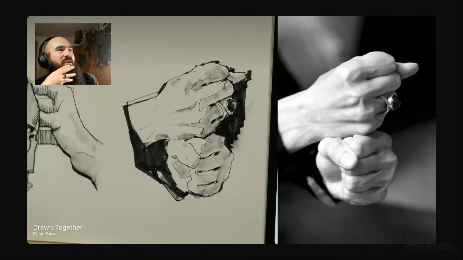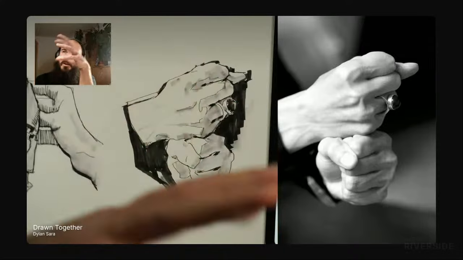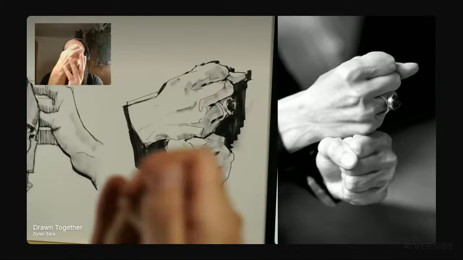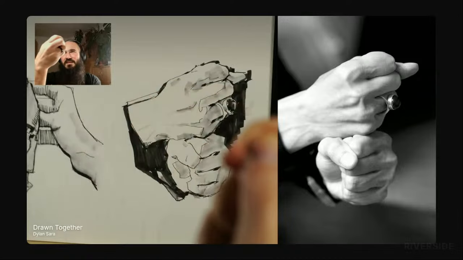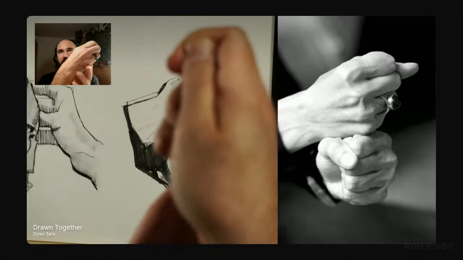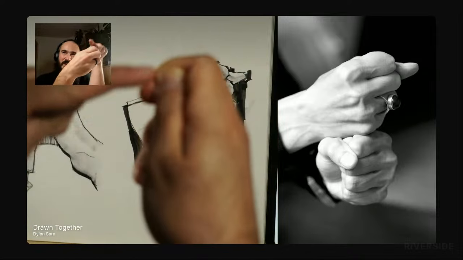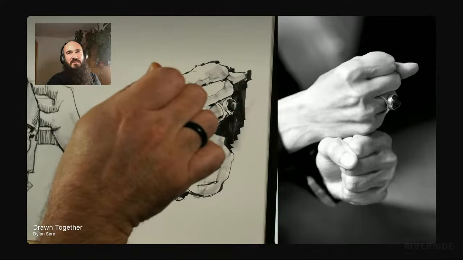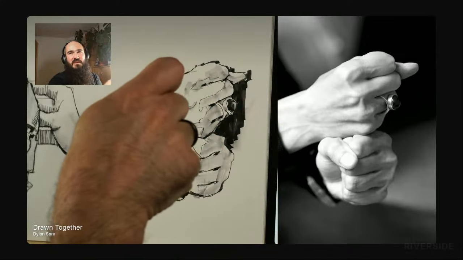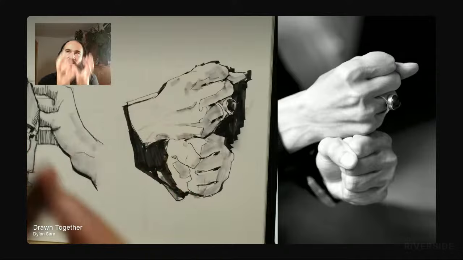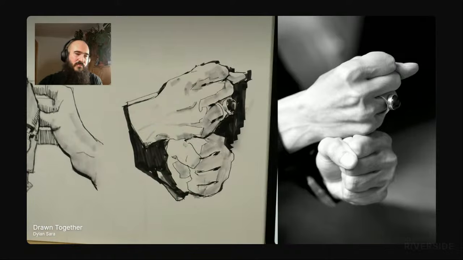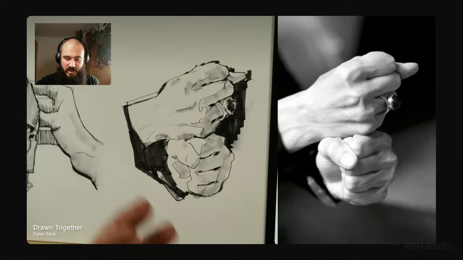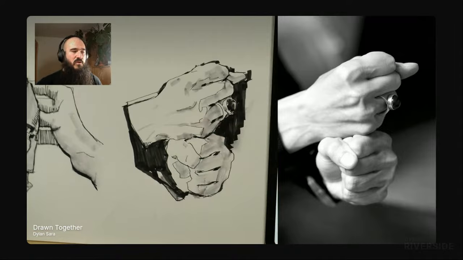I wonder if you feel like they don't look like hands, but I wonder about trying to figure out the external shape. Sometimes a hand can look very much like a potato or something. But there are little indications, little changes in direction, things that you can see and try to grab as a shape. Sometimes it can be tricky, but if the outside shape of what you're drawing is working, then